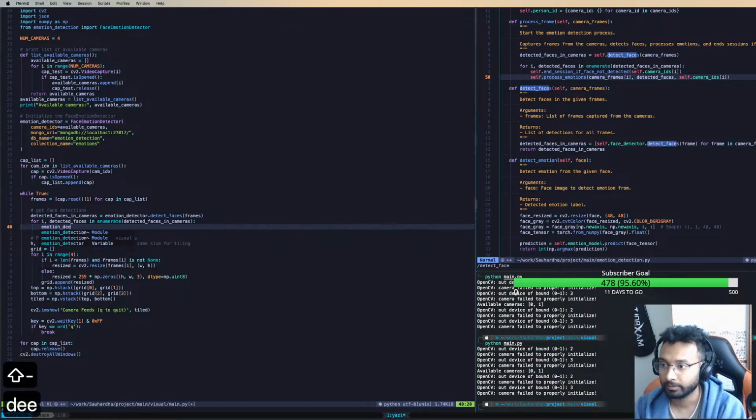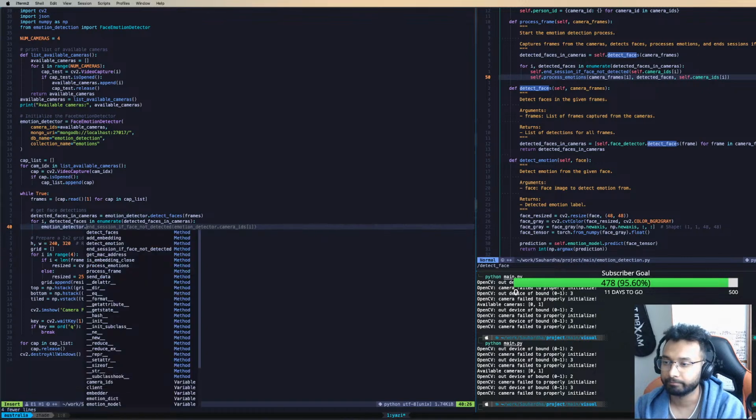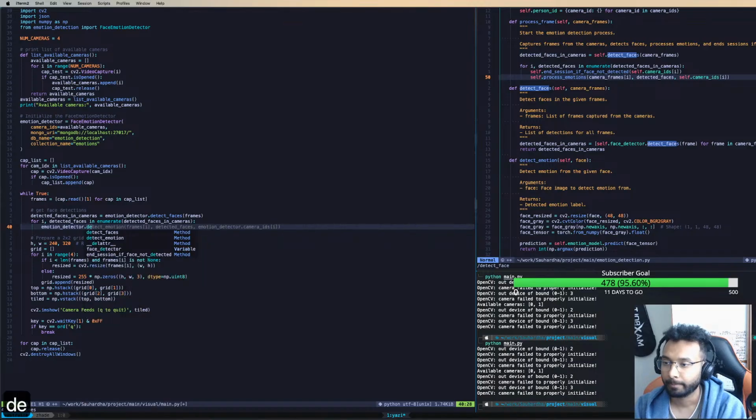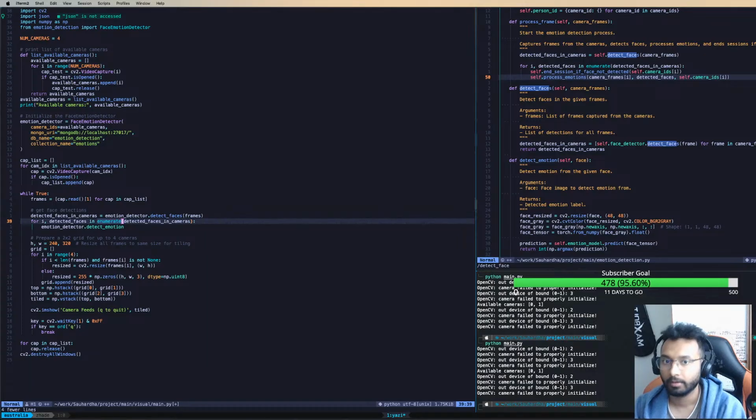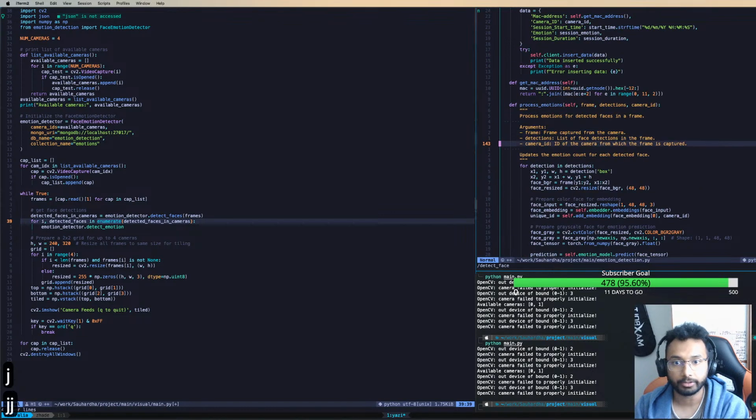Emotion detector dot. So we pass in the frame, the detected faces and the camera IDs, but what... yeah, okay. Let's see. So let's go to 90J, which is the process emotions, which is